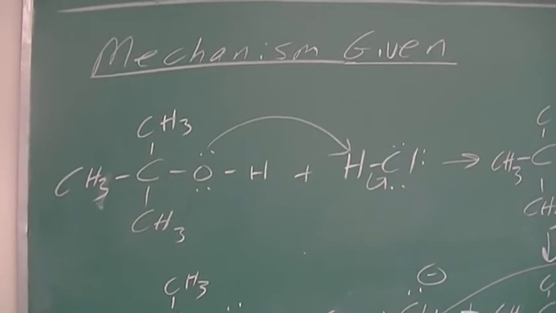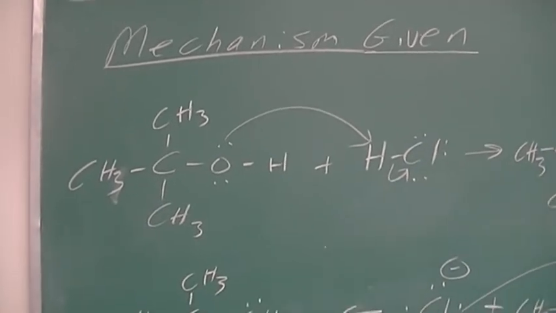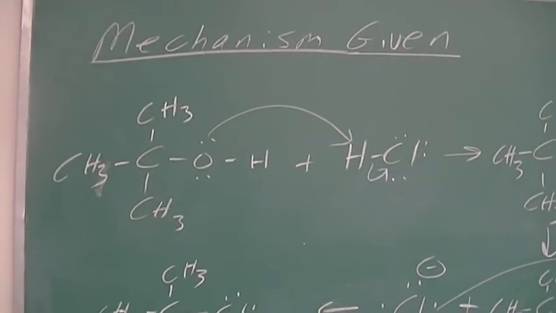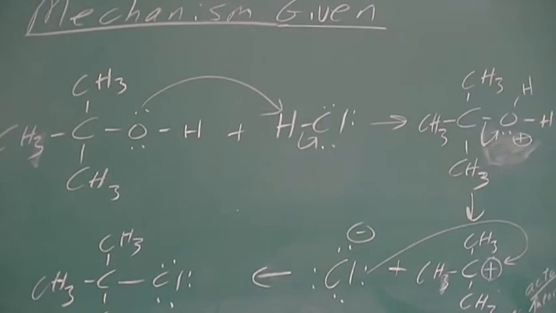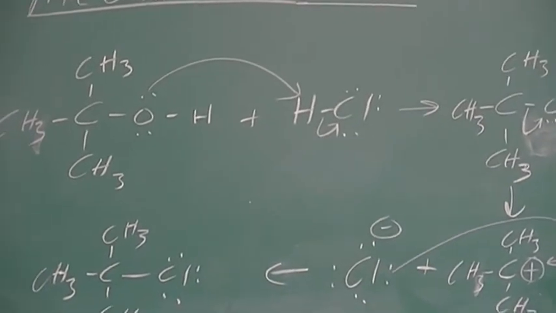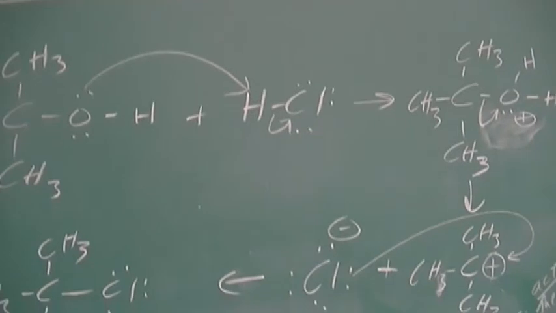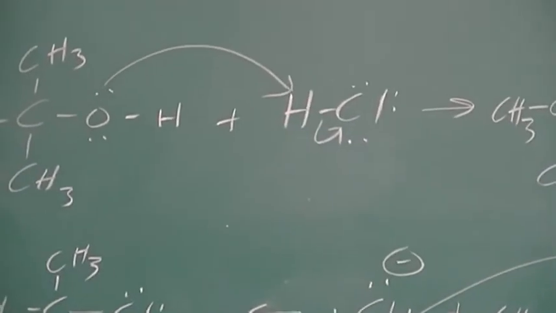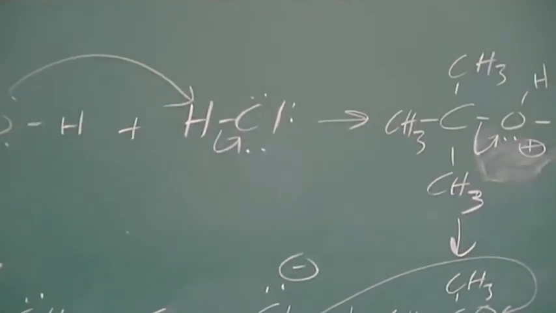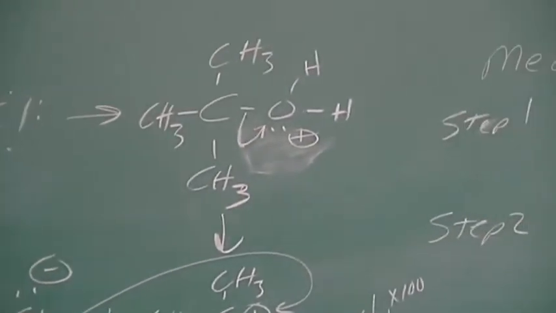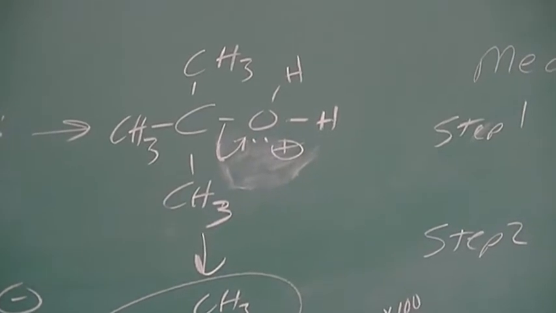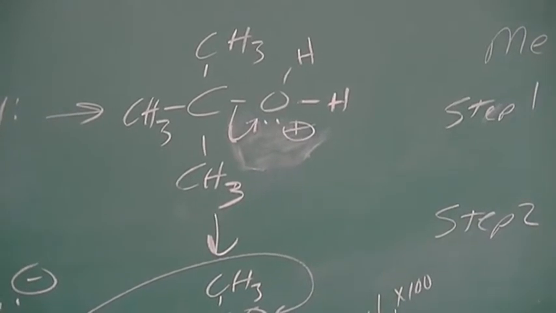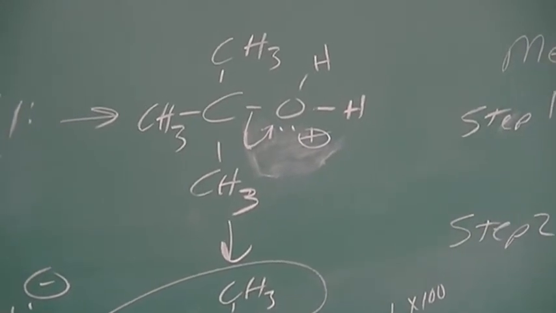I'm going to show you that our T-butyl alcohol is going to attack the hydrochloric acid, so the electron pair on the O goes to the positive H on the hydrochloric acid, and that HCl bond is broken going to the Cl. And you always put your electron pairs whenever you're doing your mechanisms. And so we now have put an extra H on the O, which is a water group that is then going to leave. And so I have the double-headed arrow, both electrons going to the O,